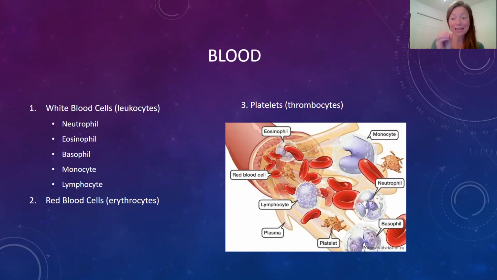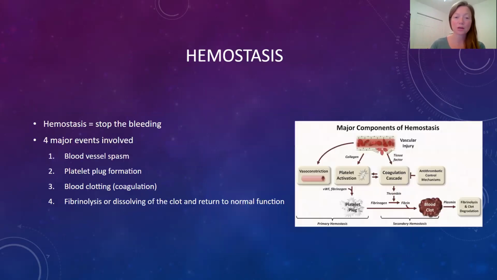And in addition to sticking there and forming a plug, they also secrete serotonin, which causes our blood vessels to spasm. And when we say spasming of the blood vessels, we mean constricting. So that's another way in which they slow or stop the flow of blood. So then I mentioned there was the liquid or